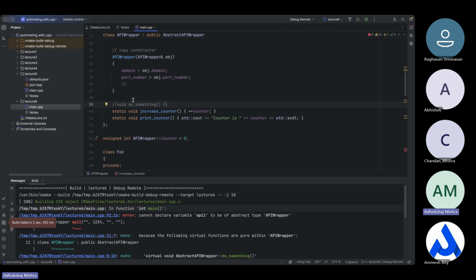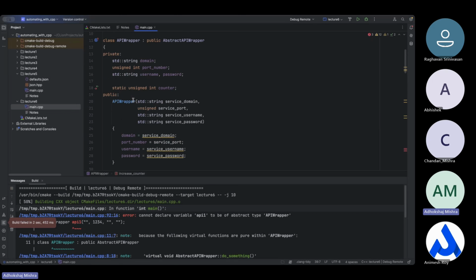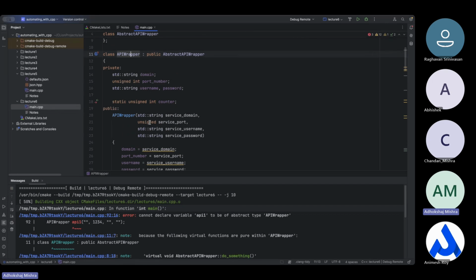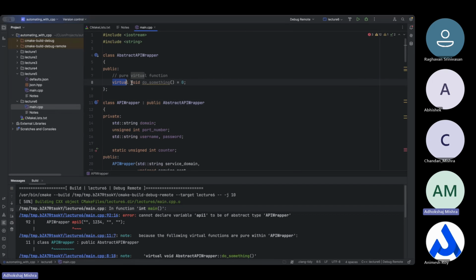If I don't define it here, then I can't really create objects of this particular class either, because by not defining it, I am inheriting this one as it is, and since it is a pure virtual function, it comes here as well, and since this class has a pure virtual function, we can't have an object of this particular class. Okay, so if we want this class to not become an abstract class,